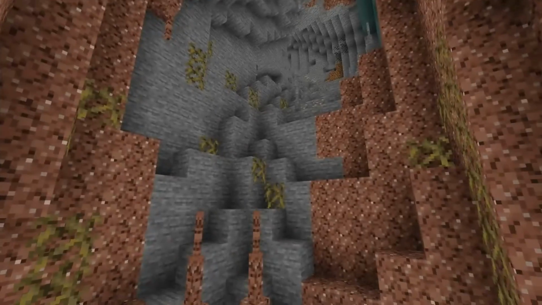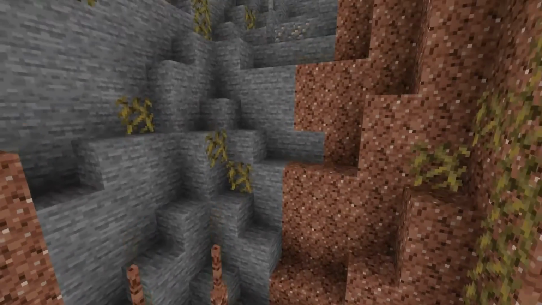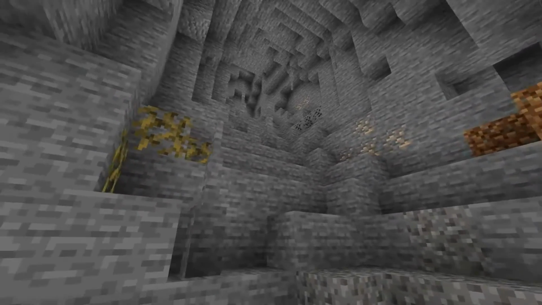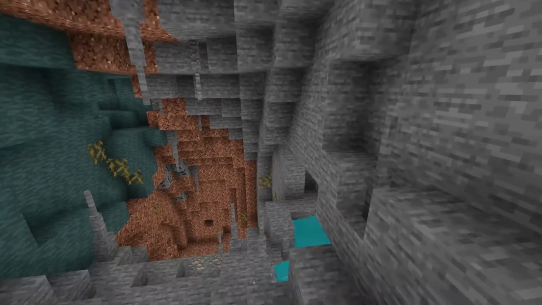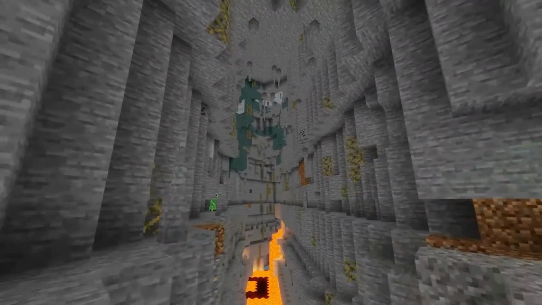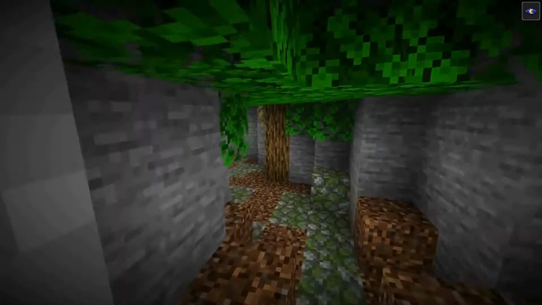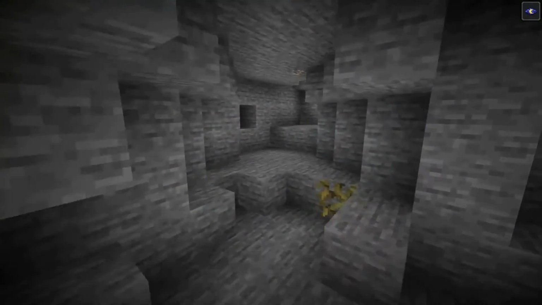And now for the final mod of this video, we have the Quark mod. Quark is a mod that adds various different features to the game, including features for caves. This mod aims to enhance the game without compromising the game's style, therefore adding new fun features without drastically changing the gameplay. Every feature in Quark can be disabled and tweaked individually, but for this video we're only going to